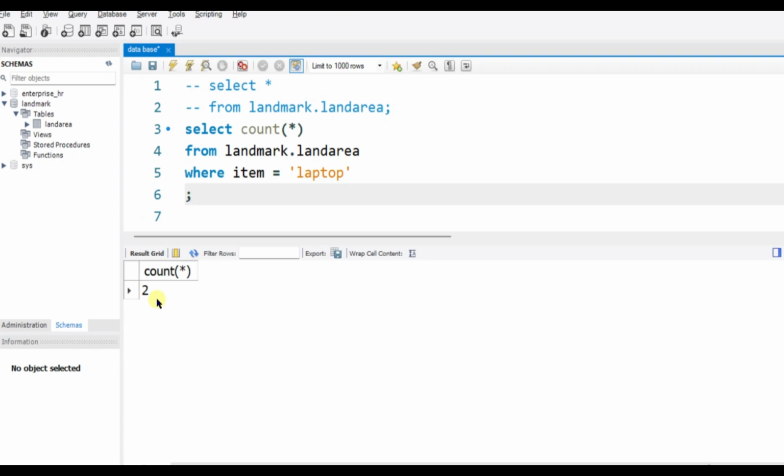Okay, showing that we have only 2 orders for laptop. So we can do this for price, we can do this for every other thing in the table right there. Okay, so that is it for count. And the next one we'll be looking at